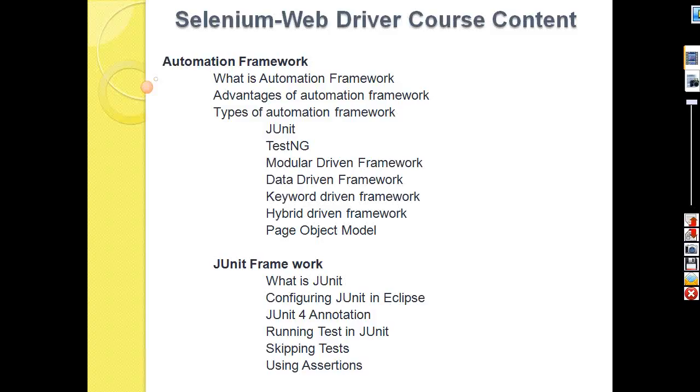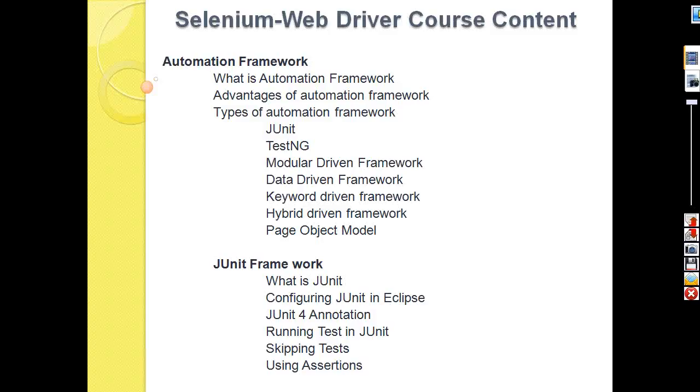To overcome and avoid all these drawbacks, we move to frameworks, in order to implement our automation testing in a very effective, optimized, and efficient manner.